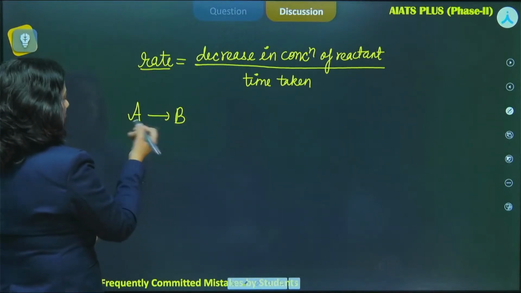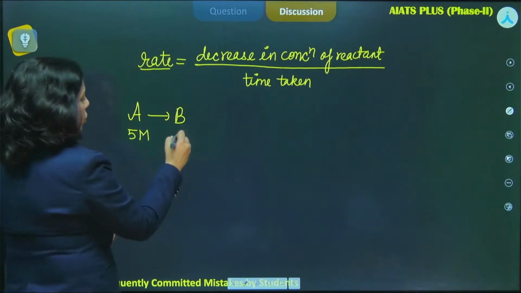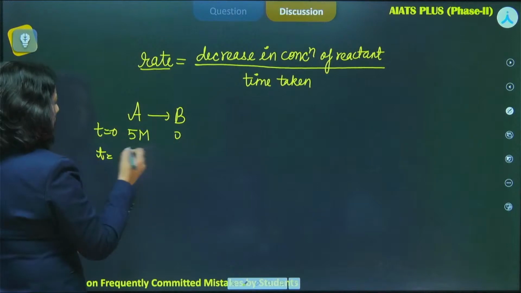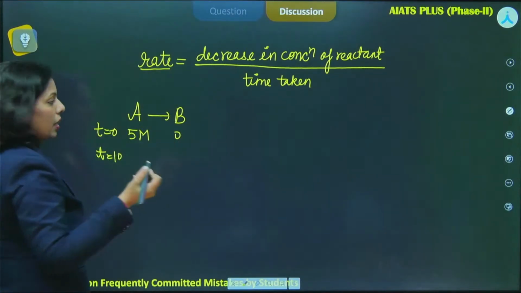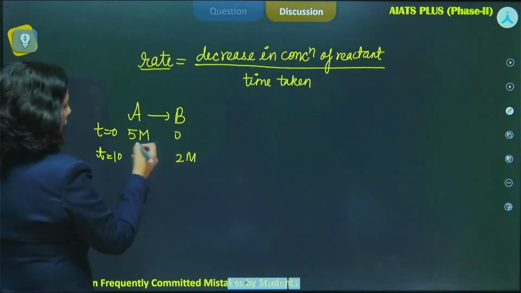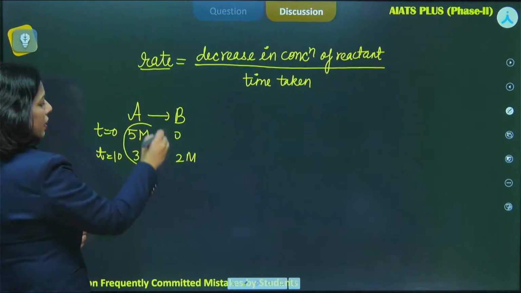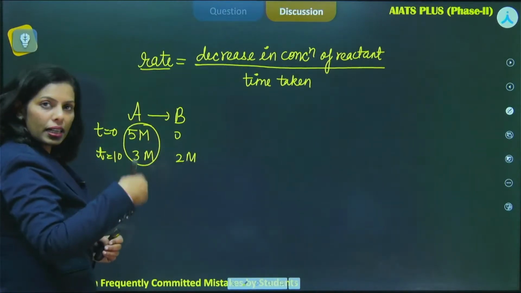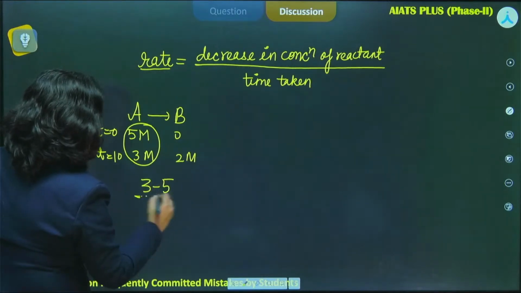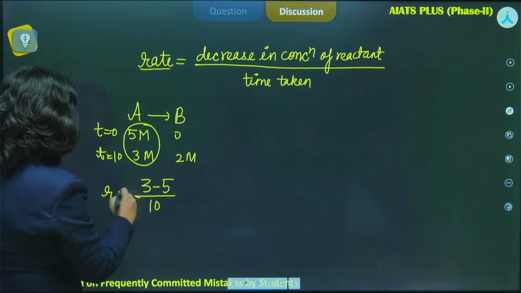Initially, it was 5 molar, say, and B was 0 when time was 0. And after 10 minutes, suppose some time is there, 10 minutes, B is formed 2 molar and A remained 3 molar. So what is the change in concentration of reactant? Final minus initial only. So 3 minus 5, and in how much time? Say 10 minutes, right? So rate would be